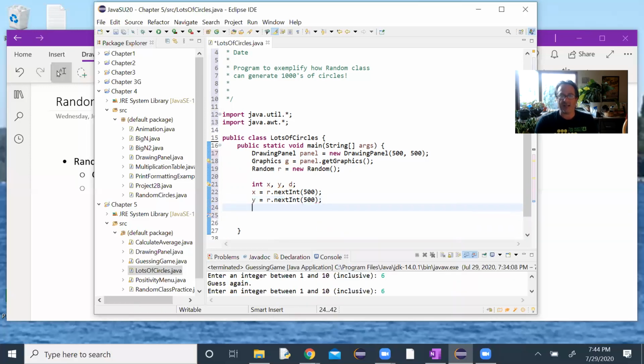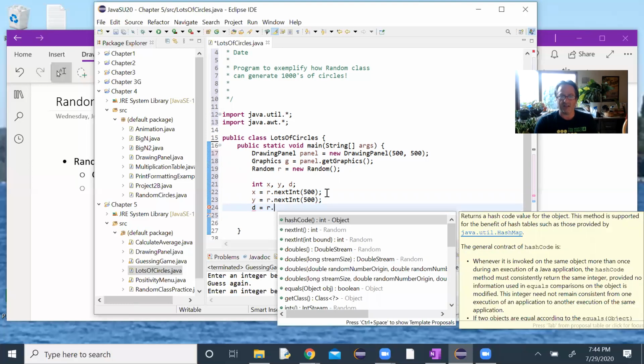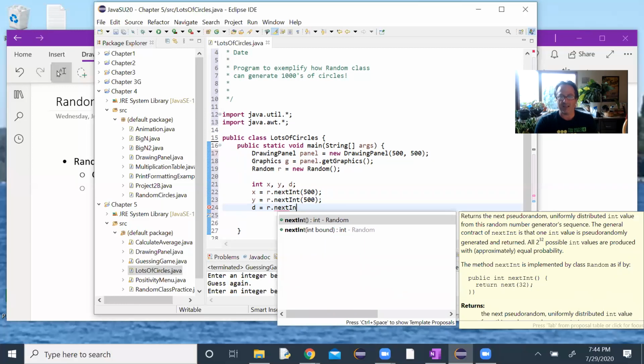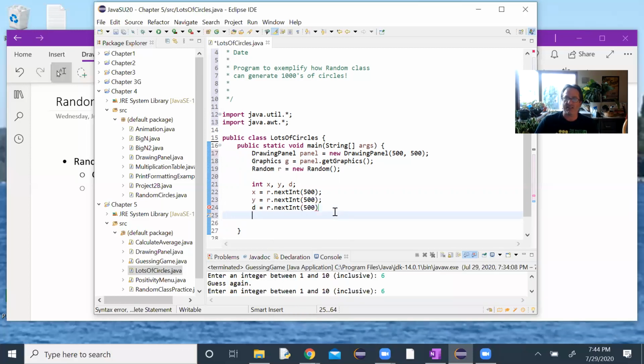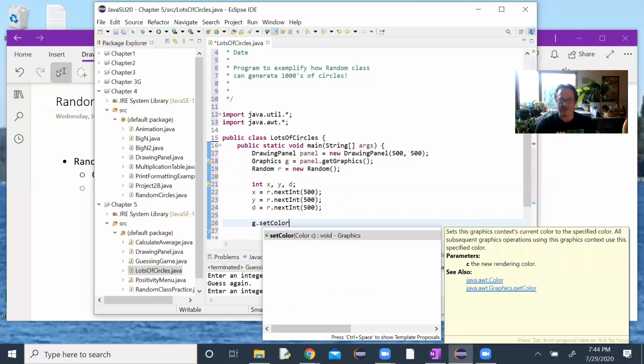And then I want the diameter to be random as well, so how big the circle is. A diameter of 500 would fill the screen. Depending on where you want it, I guess I could just try 500 and see what happens. This would mean that some circles would just engulf the entire thing. And let's pick a color. So we'll go g dot, let's set color to, I don't know,